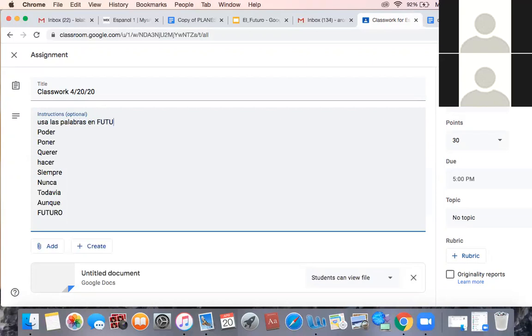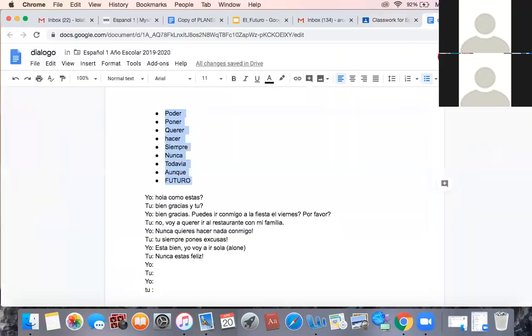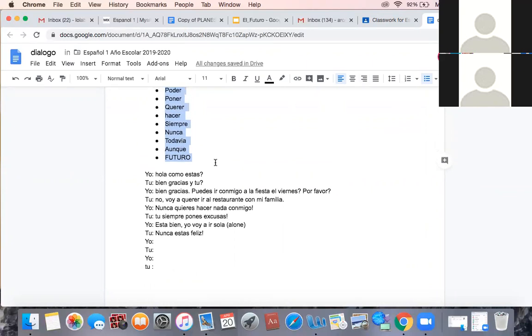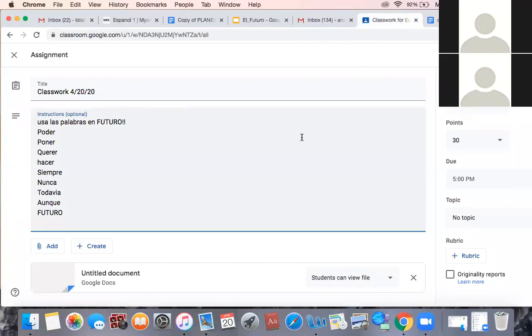And remember, muy importante, futuro. Most of the conversation needs to be about something that's going to happen. Okay, that's how you make a conversation that is in the future. But notice, nota, not everything is in the future because you are talking to a person and there's going to be stuff like in the present tense. That's fine. But a lot of the things have to be in the future. So you have to be talking about future events, future things.